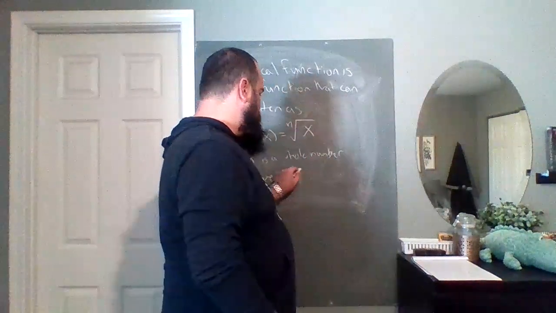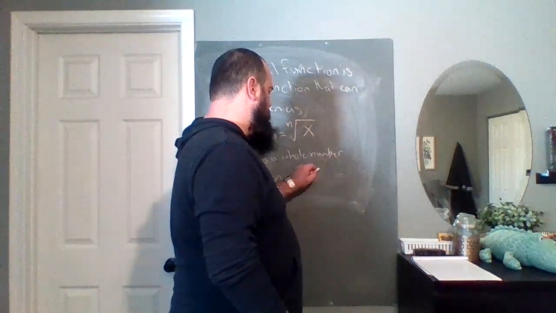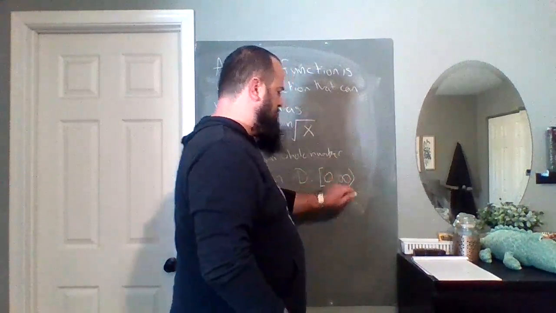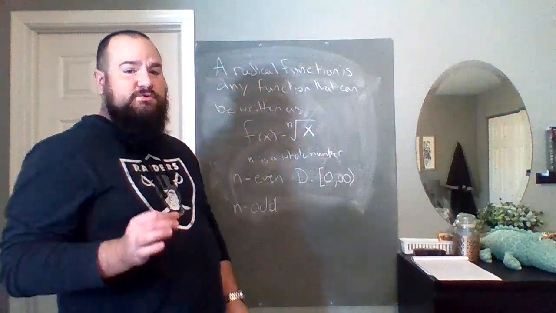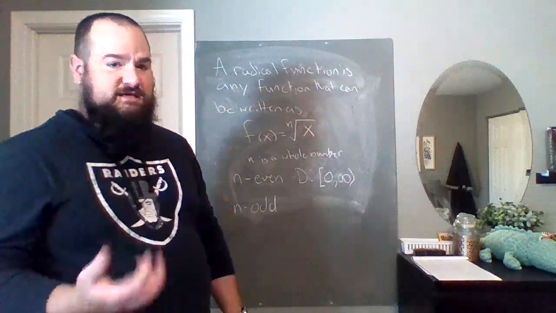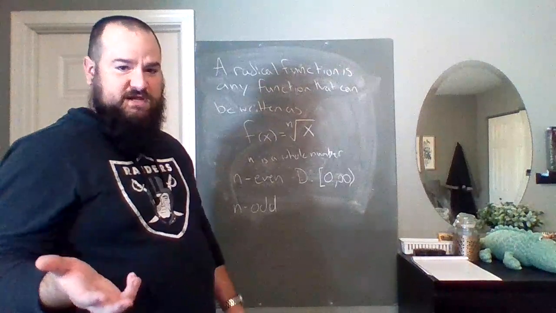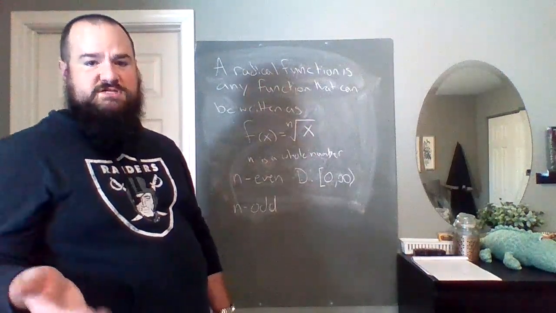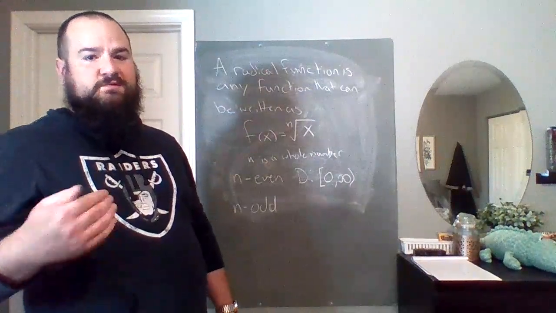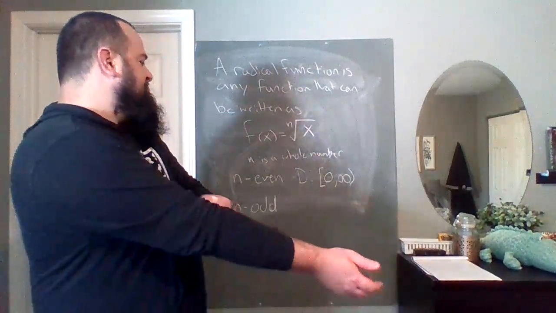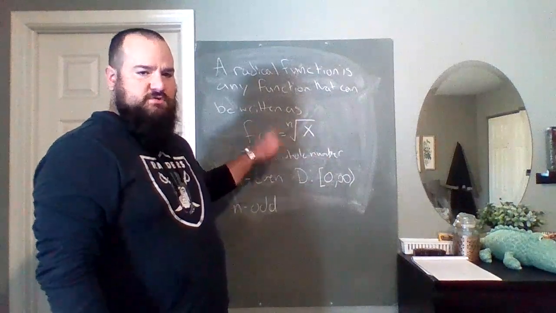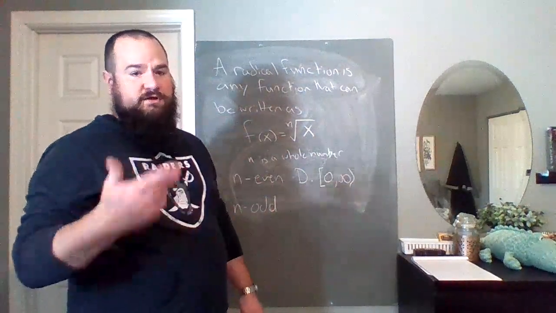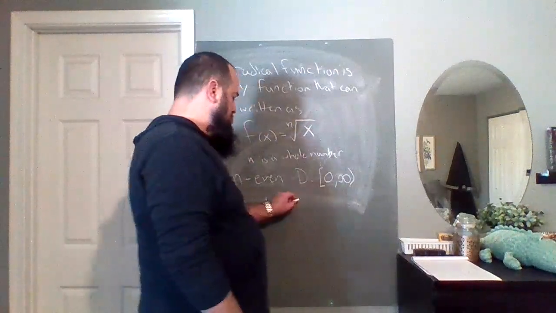Now, what's really cool here is in this setting, where the radicand is just x, if n is even, our domain is going to be 0 to infinity, including 0. You can take an even root of 0. The square root of 0 is 0, it's just saying what number times itself equals 0. We're not dealing with imaginary numbers here, so no negatives. Now, if n is odd, so 1, 3, 5, any of those, our domain